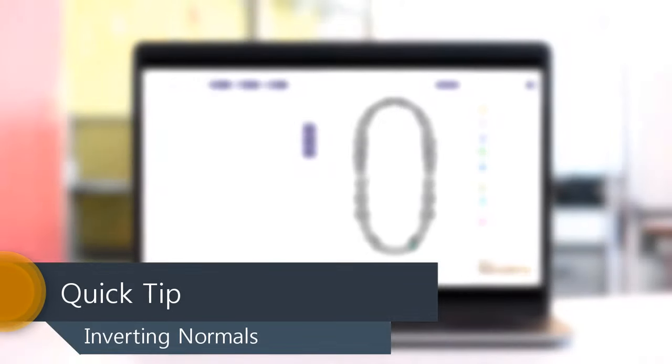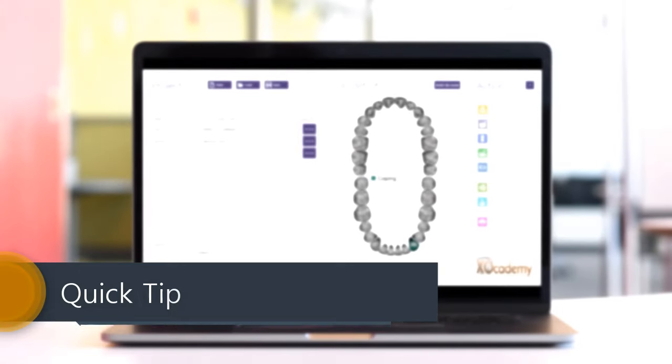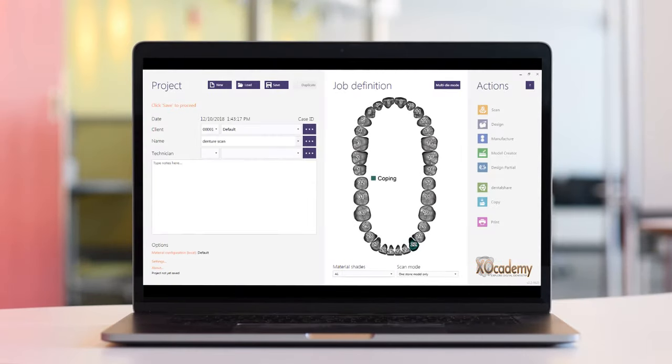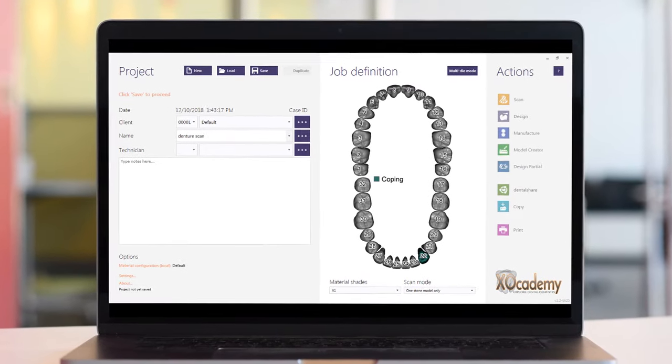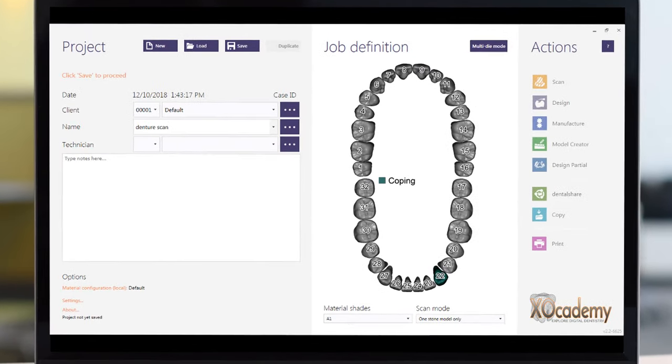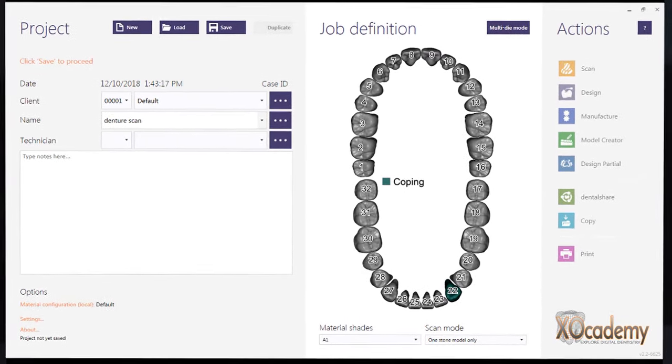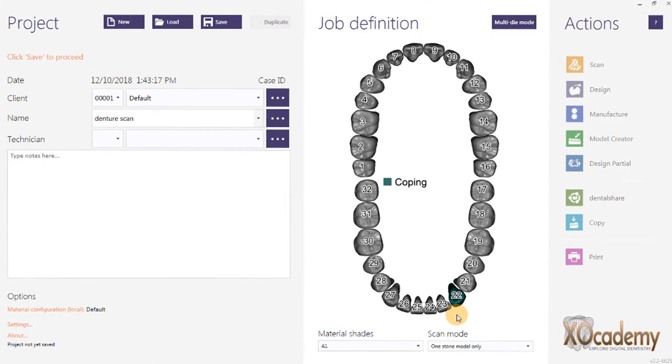Hello exocad. In today's quick tip, I'm going to show you how to invert normals when you're dealing with a scan. So I'm going to show you the job setup so you can understand the problem a little bit better. So here we have a lower coping design. I've scanned a patient's denture,